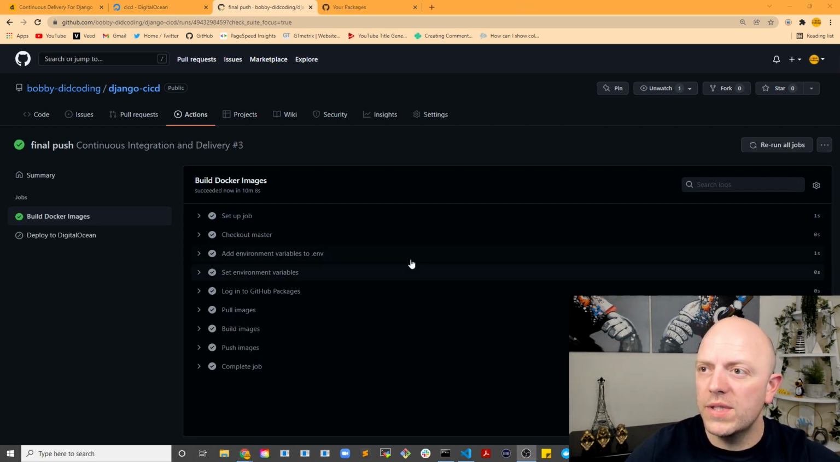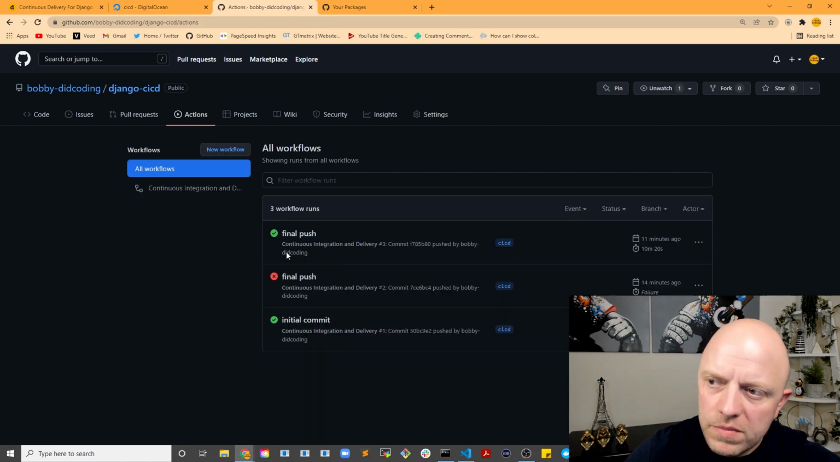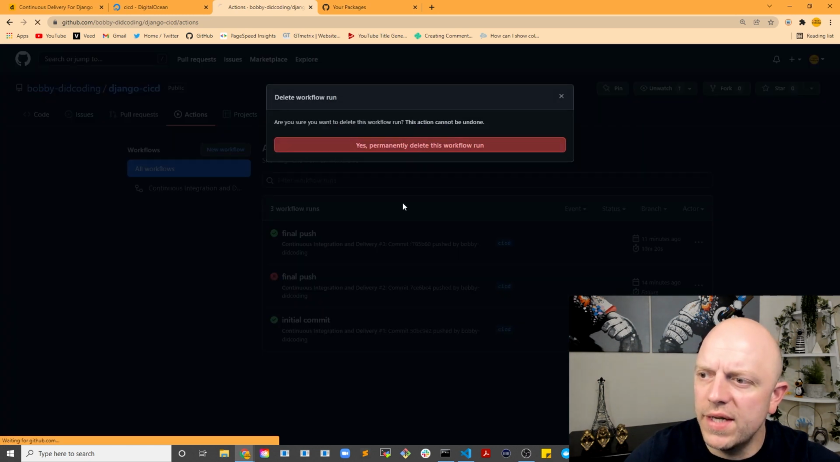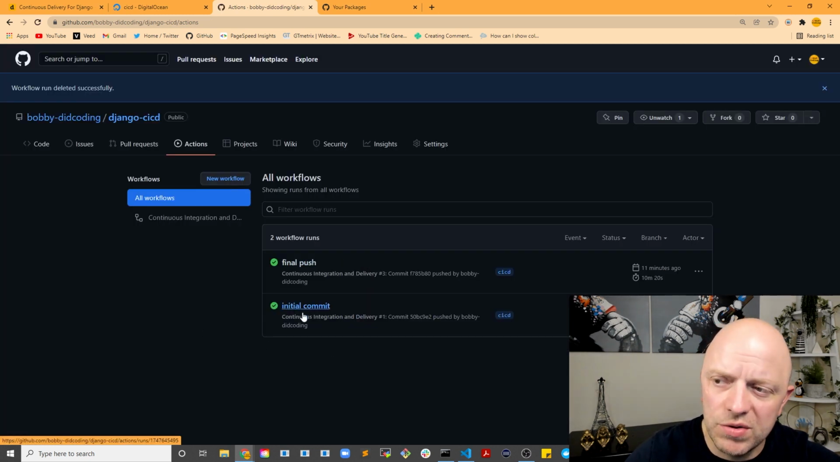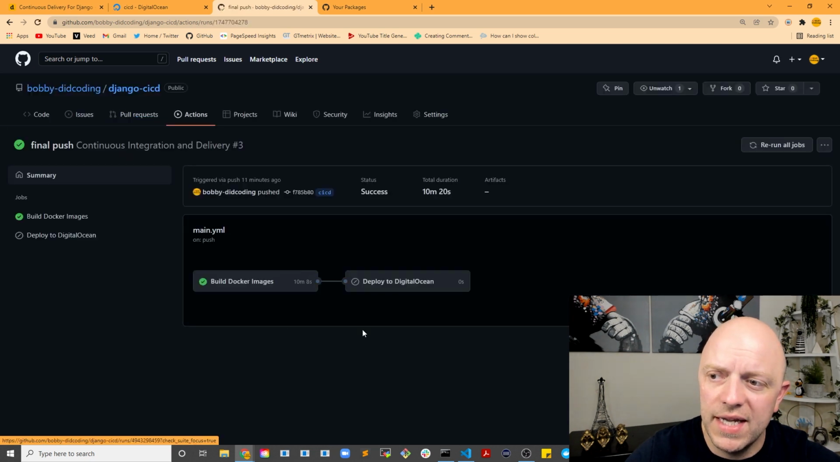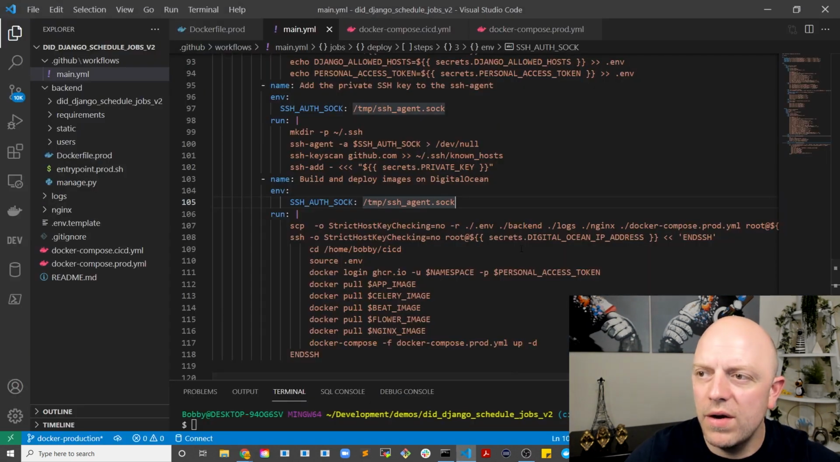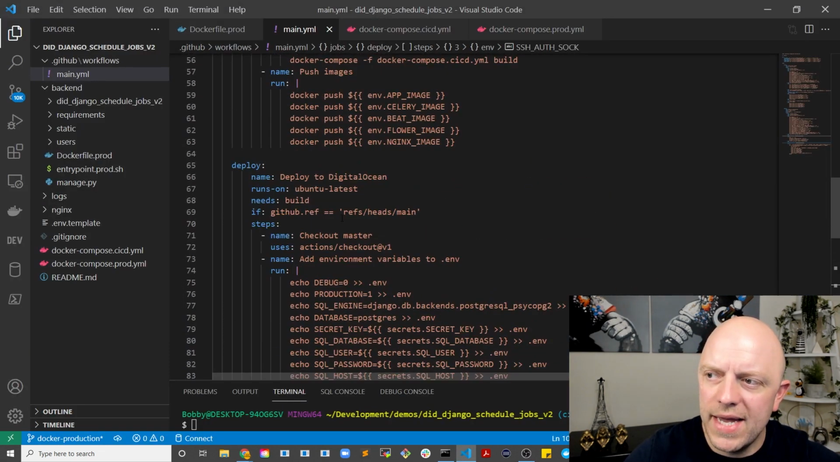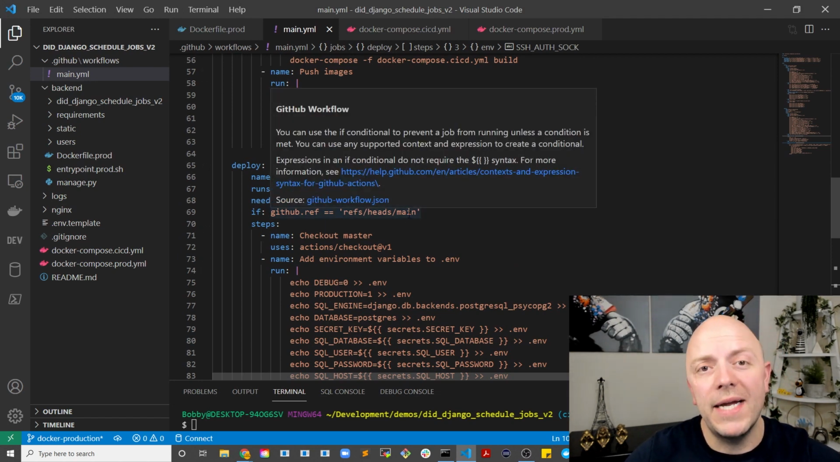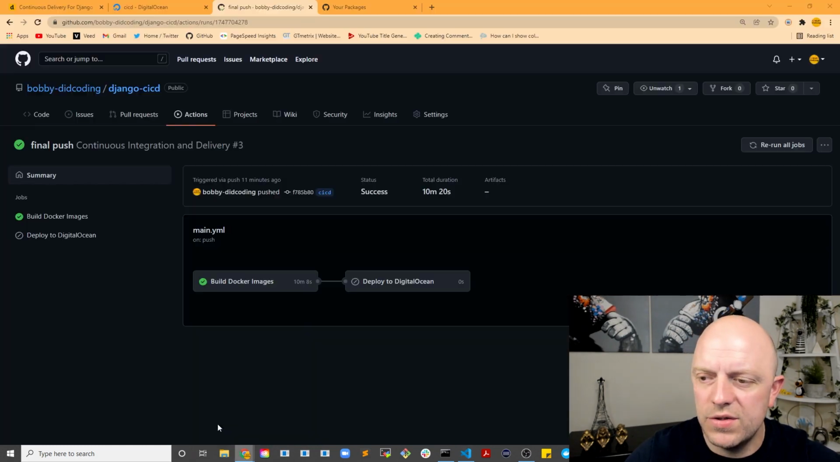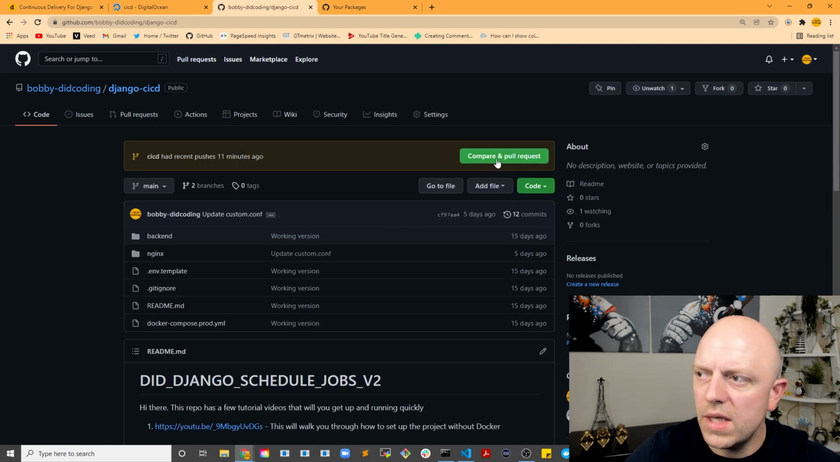Okay, that worked, which is fantastic. So go back into actions, final push. So this is the one we had an error with. You can delete that workaround, we don't need that. So I debugged it. So this is the initial commit, this is the final push. If you go into it, you can see it's got a build, so it's built, but it hasn't deployed, because if you remember in our code, we had in our deploy, only do the steps if the branch is main. So what we need to do is go into GitHub, go into the code, and we'll compare and do